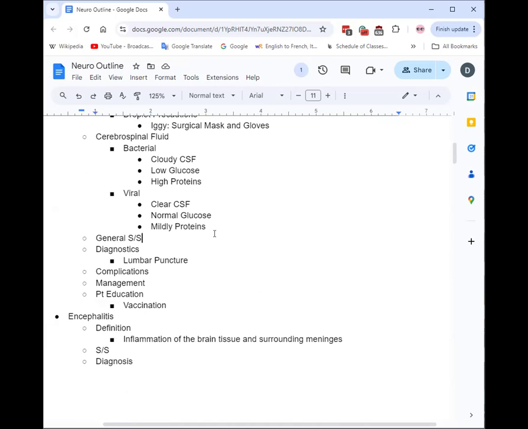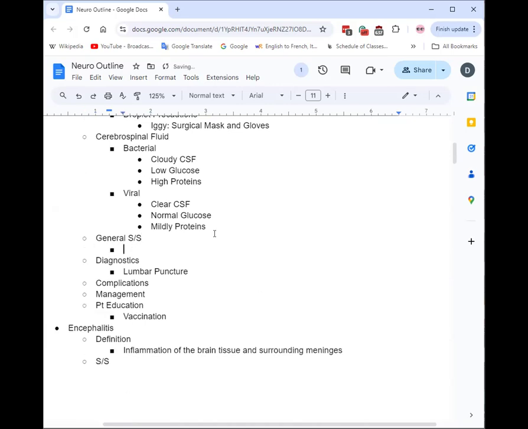So, what are some general signs and symptoms? There are a few key signs and manifestations of meningitis that you should be able to recognize. If you hear it in a question, you should immediately start thinking about meningitis. The stiff neck pain, specifically, they call that nuchal rigidity.